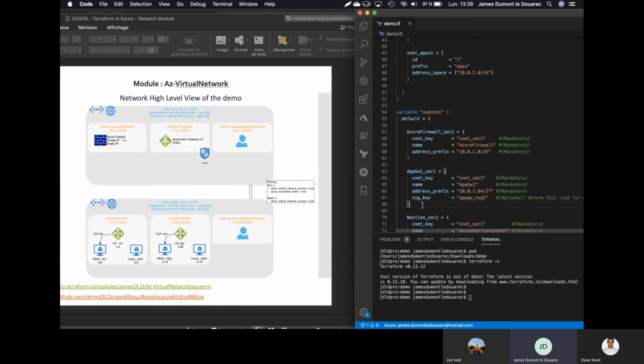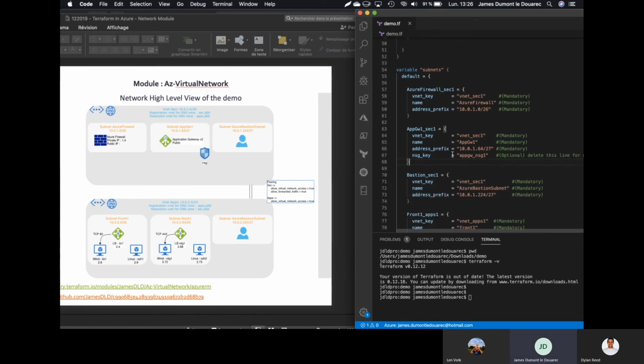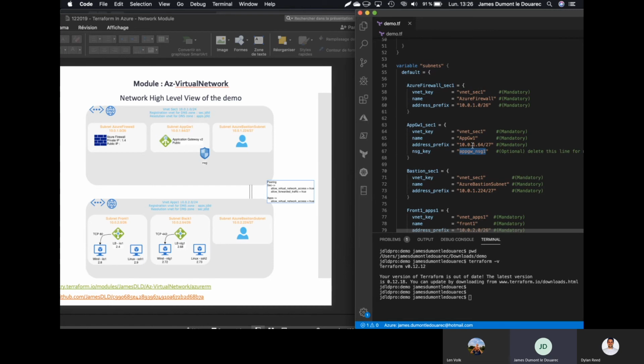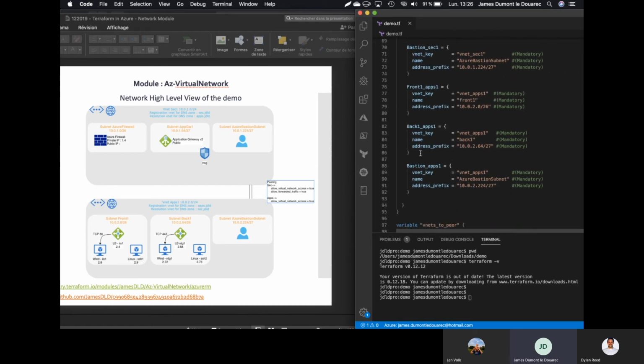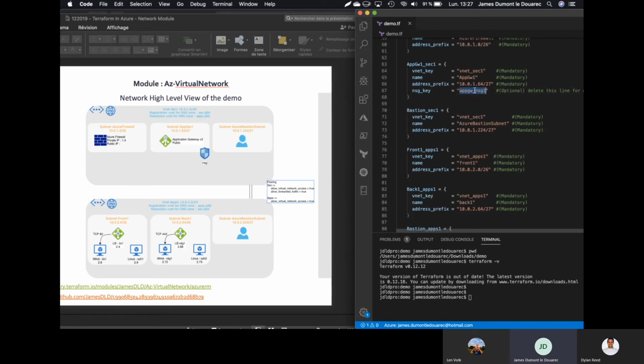Okay, so let's continue. Here, we will also create the application gateway subnet with the NSG, this one, which will be at the bottom. And if we go through, here I have 1, 2, 3, 4, 5, 6 subnets. So the 6 subnets are located in white here in my box, and only one has an NSG.